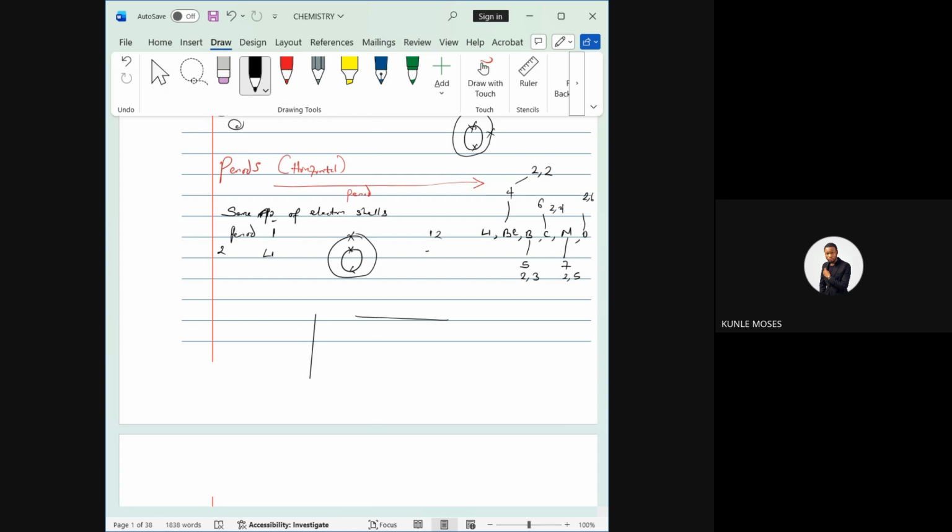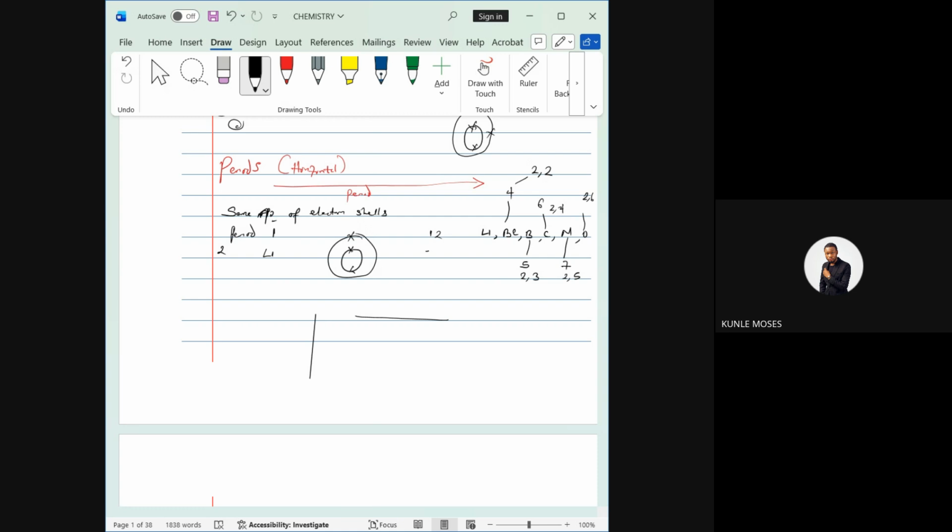Sodium is also group 1. Why? Because it has 1 at the outermost shell. Sodium is atomic number 11, that would be 2,8,1. So everything in group 1 must always end with 1. Do you get the logic? For example, potassium also is group 1. Potassium has atomic number 19, so that's 2,8,8,1. Do you get it now?